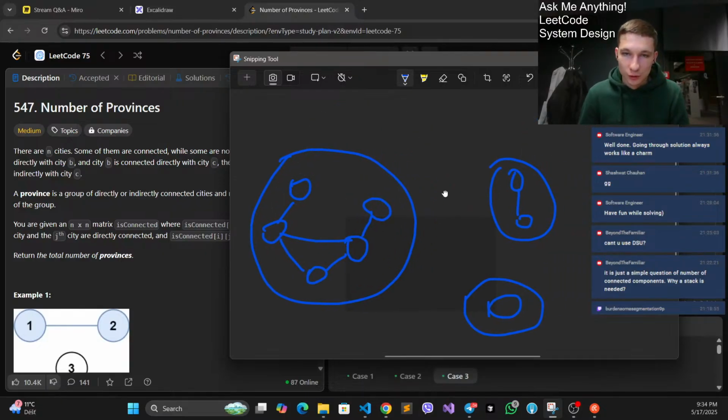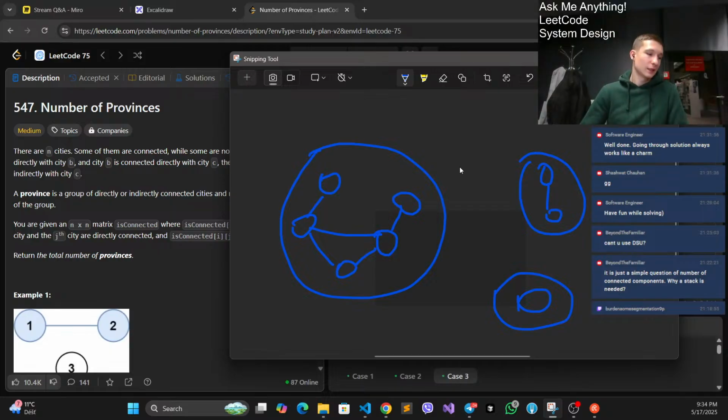So how does this disjoint set help us? This is the data structure which is applied to a graph that doesn't have all the nodes connected between each other. So not every single node can be reached from any other node in this graph. This is exactly our case, because if I'm picking this node, I cannot somehow reach this guy because there is no connection. That's why we have this disjoint union set, and it can answer us